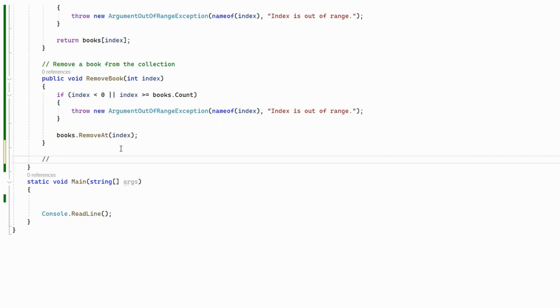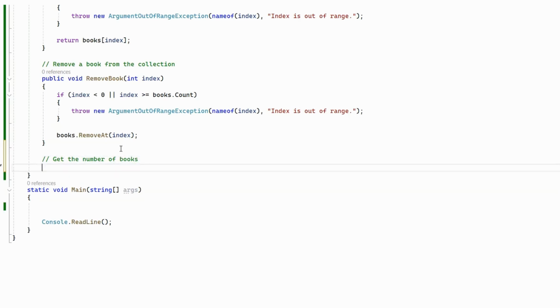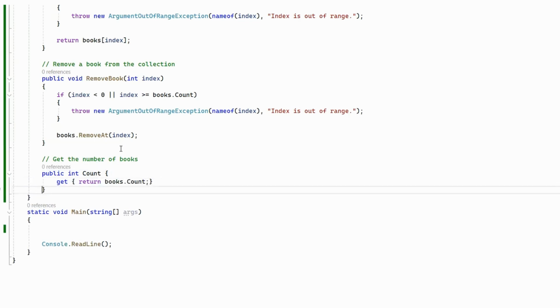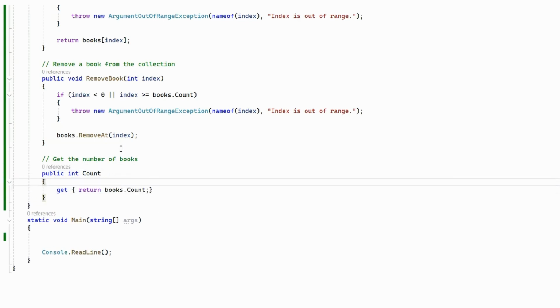So get the number of books, and it is going to be public int Count,